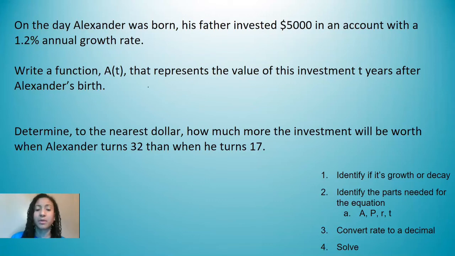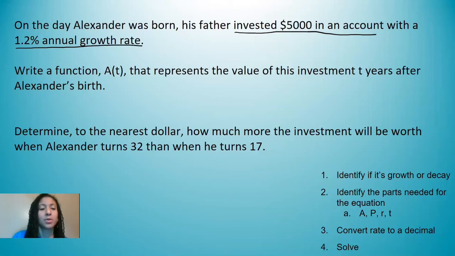So, a couple of things, all right? First thing, can we still identify if it's growth or decay? Absolutely. It says we invested $5,000 into an account. So that means we want growth, based on it saying 1.2% annual growth rate. So we need to write a function, which we've been doing, but it specifies exactly how we need to write this one. So we need to start off with A of t. And in this case, A of t just represents our